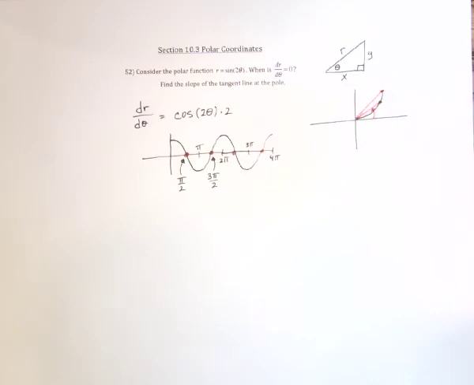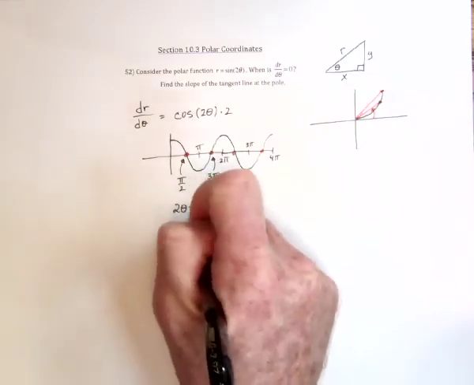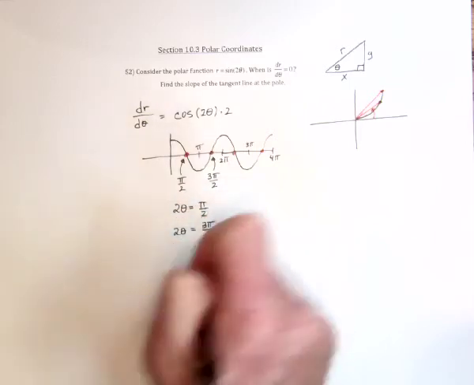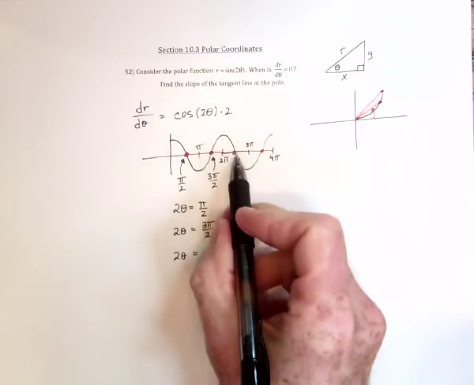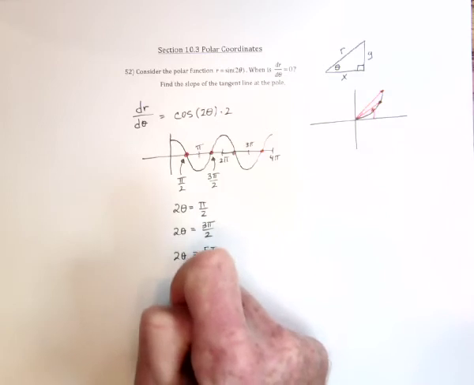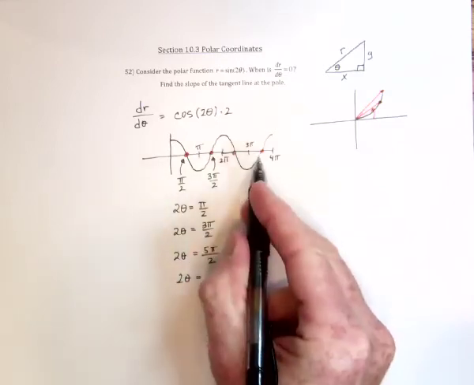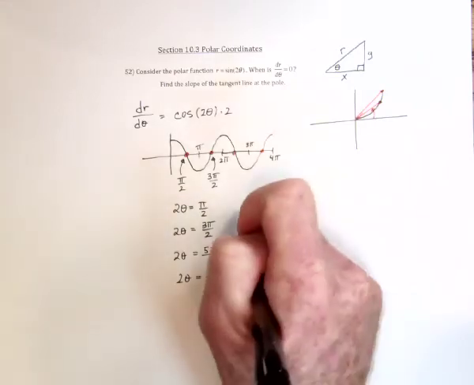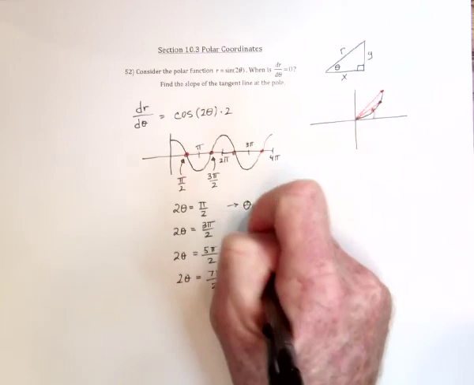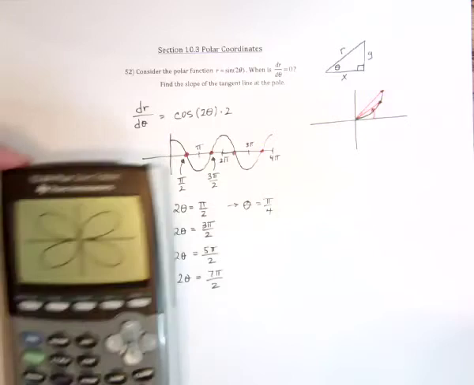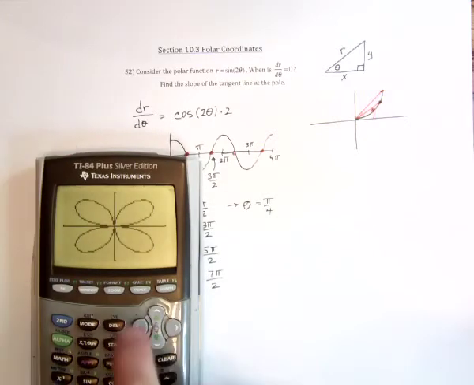So we would have 2 theta can equal pi over 2. 2 theta can equal 3 pi over 2. 2 theta, the next one right here, would be 5 pi over 2. And then 2 theta, this last one, would be 7 pi over 2. Then divide all of those by 2, so we would have theta is pi over 4, at which point I should check and make sure that this makes sense. So if you trace and go to pi over 4,